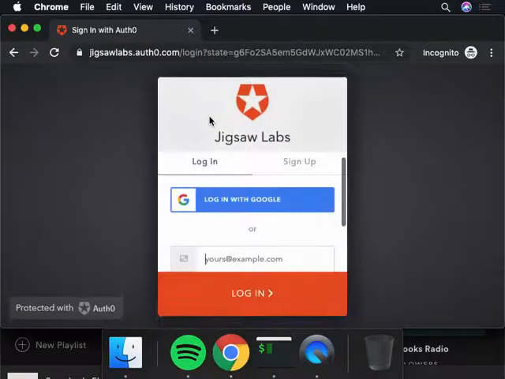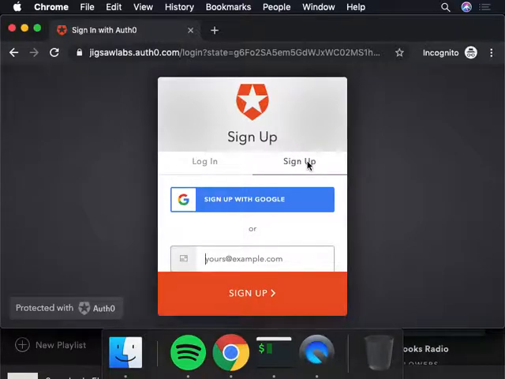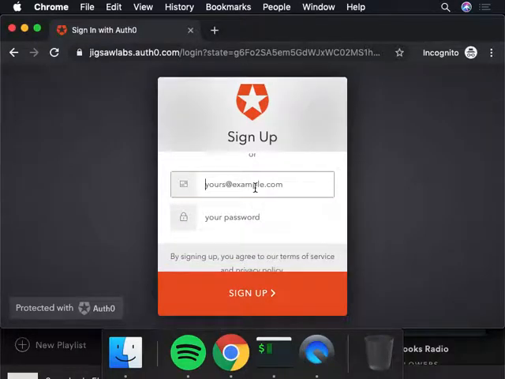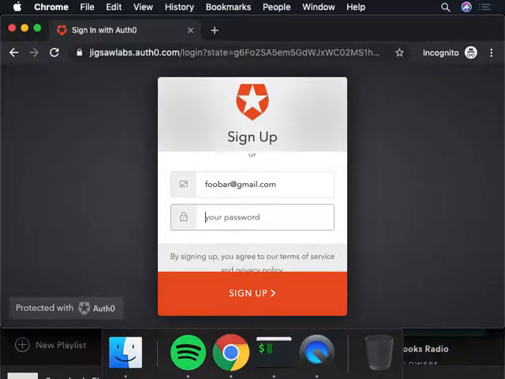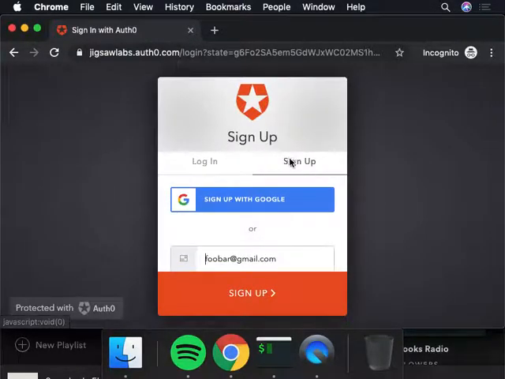All right, and you should see a screen pop up, and you want to just click on sign up. It's over to the right, sign up, and then you can just type in an email address and a password. So I'll do something random. This is not meant to be the email password. So this is kind of the equivalent of your login to this website. If you wanted to, in sign up, you see it says sign up with Google. If you want to do that, you can do that as well.